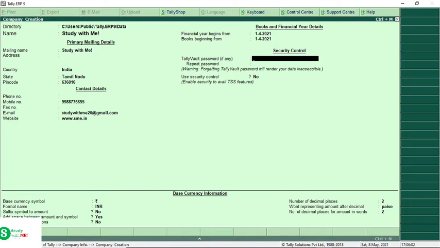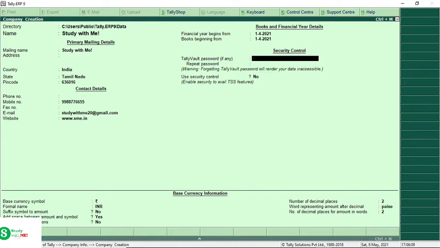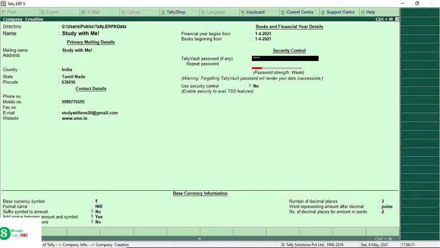There is a Tally Vault password for security reasons. If you want a password, you can type your password there. You can type my name, Srikanth YouTube. Repeat the password. Yes.